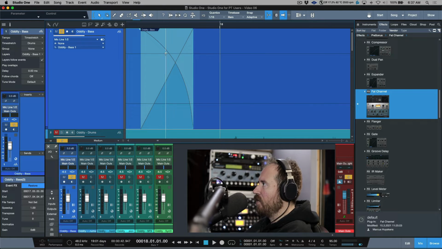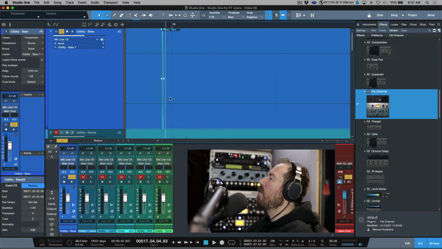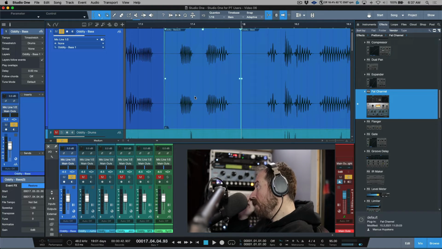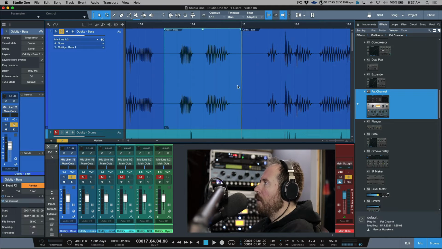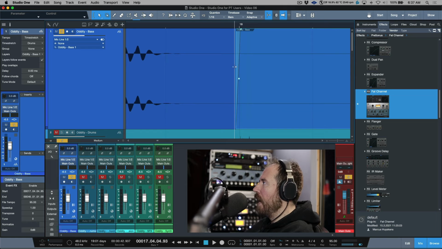I'll click X and this will basically resize this fade, and I can snap this to whatever I need it to be, and I can change the sizing of this fade. So for that reason, if your intention is to use event effects and then you want to have some control over editing, what I tend to do now as a force of habit is, let me restore this for a moment. If I know that I need to do further editing for anything, what I will tend to do is